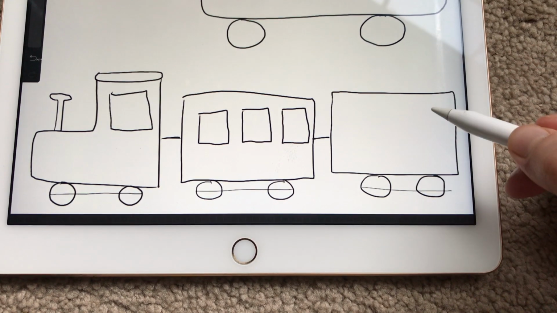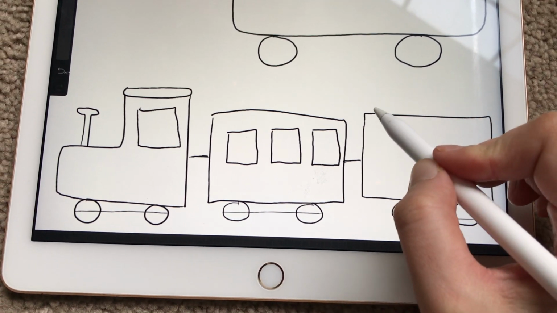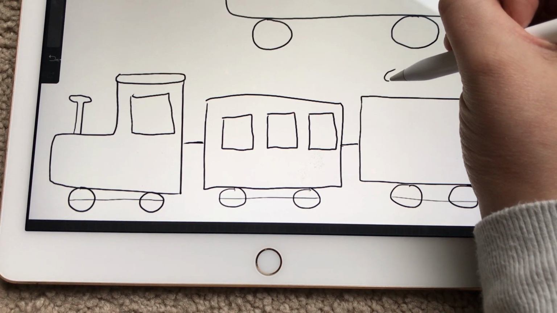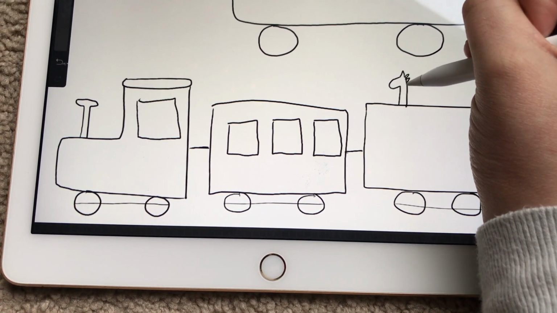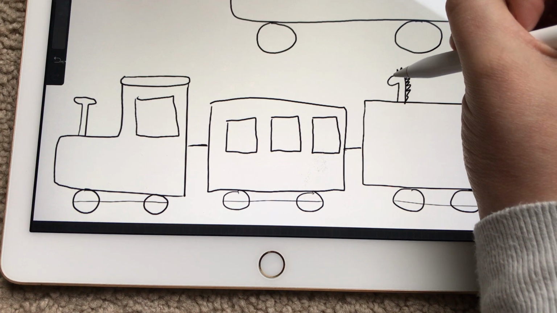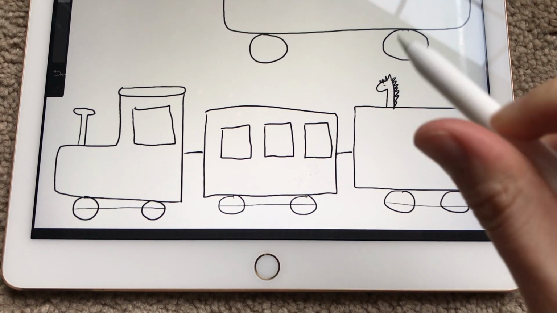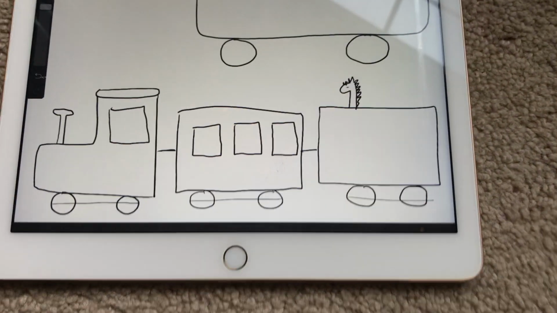Okay, and then I think this one is going to be open on top. So there could be something inside, maybe a giraffe poking out. Okay, like animals riding inside here, and their heads are, sorry for the siren, their heads are poking out the